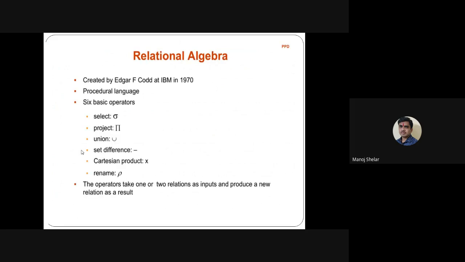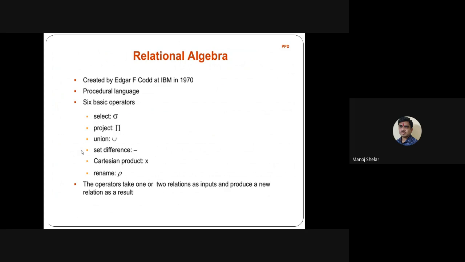Then an important point is relational algebra. In relational algebra we discuss six operations: sigma, project, union, set difference, Cartesian product, rename. Select is used for selecting records, project for specific attributes, union for the union result, set difference for the minus purpose, and the similar operation in SQL is minus. Cartesian